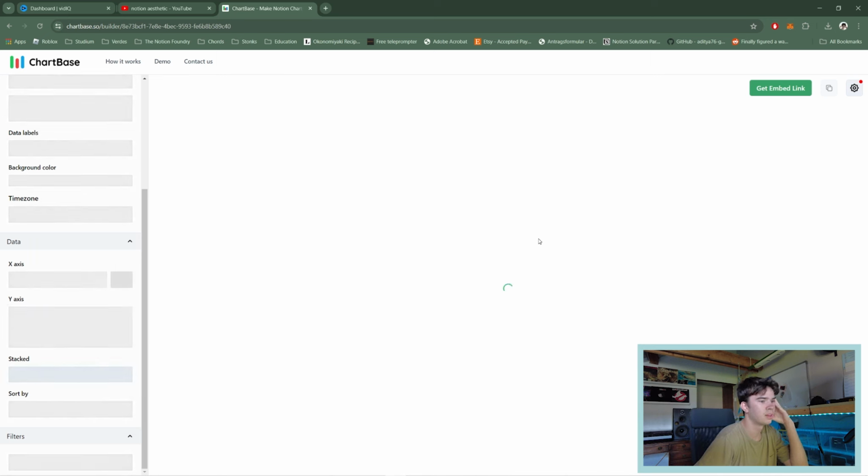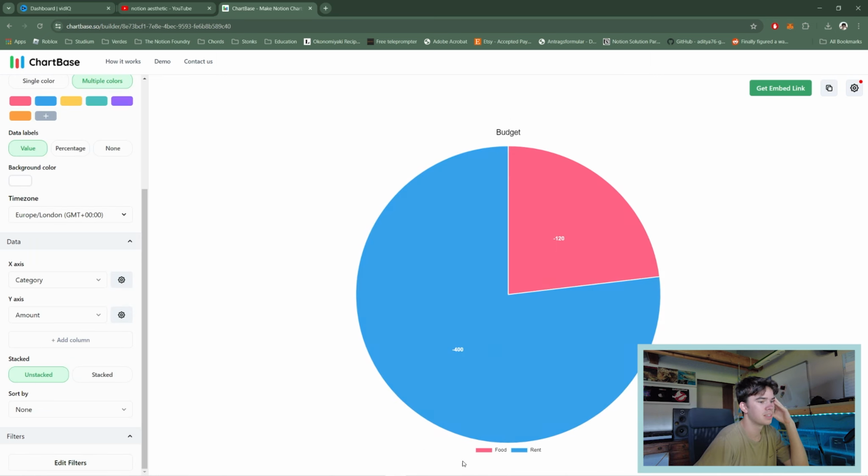So we'll let that load a little, and there we go. Now we see all of our different categories of expenses. So we've spent 400 euros on rent and 120 on food. Now we can keep on editing and tweaking this. For example, we can change the colors, or if we go to the